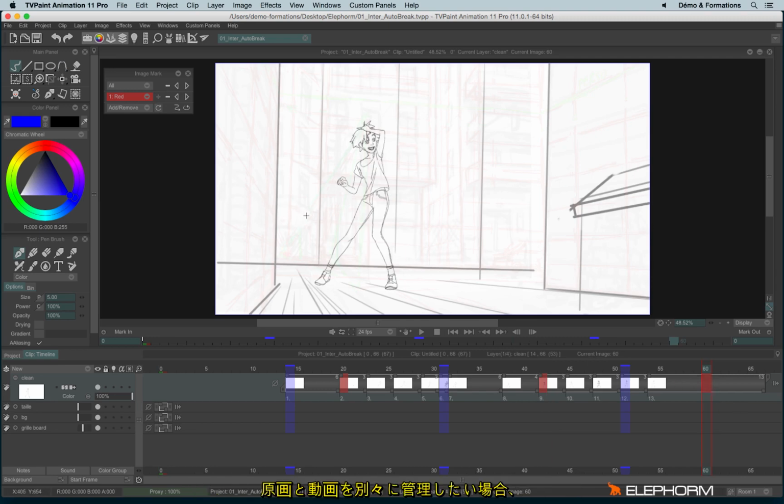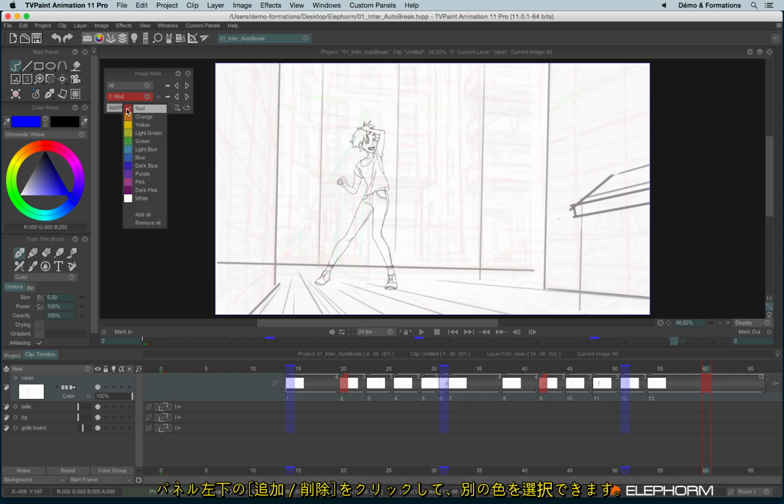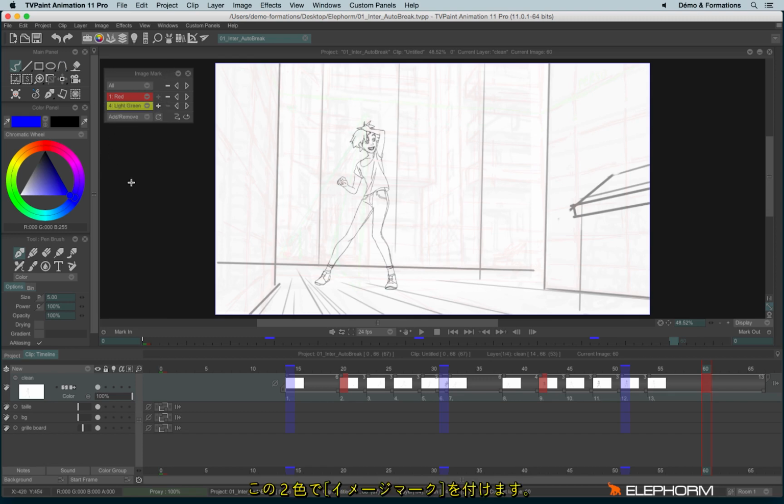If you need to use other marks, for example, you need to make the difference between the key images and the breakdowns or something else, you can add new color marks just by clicking on Add Remove here. So you have the choice with orange, yellow, light green, whatever. You can eventually change them later if you need. So we'll use the green one. You can select several if you need, but here I will just use 2 different marks. So I will mark now new